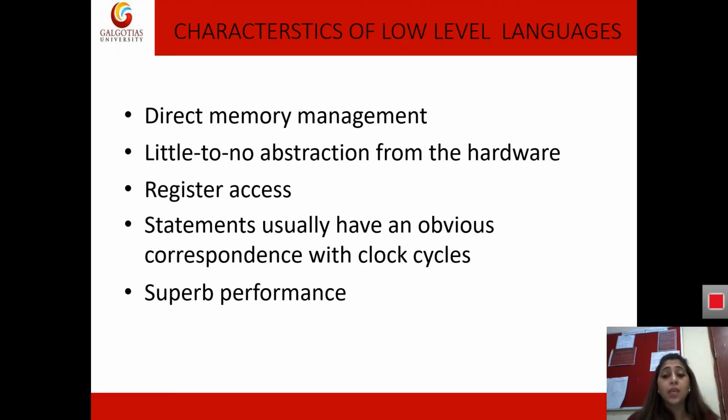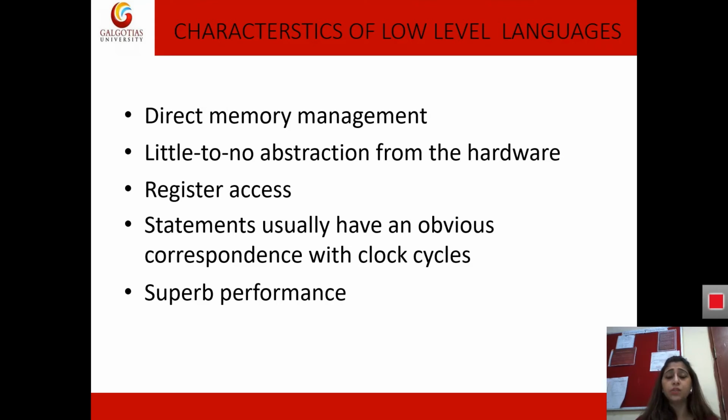Why? Because it is in the physical language, there is no need for any kind of conversion throughout. When we do not need any conversions, it is very much faster. The speed is very high because we don't need any conversions. The program that we have written in low level language can directly interact with the hardware.